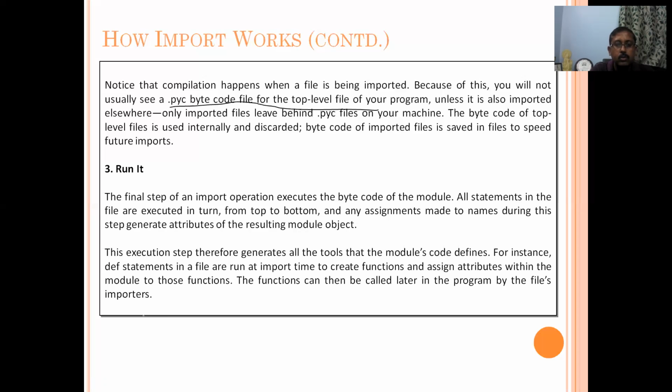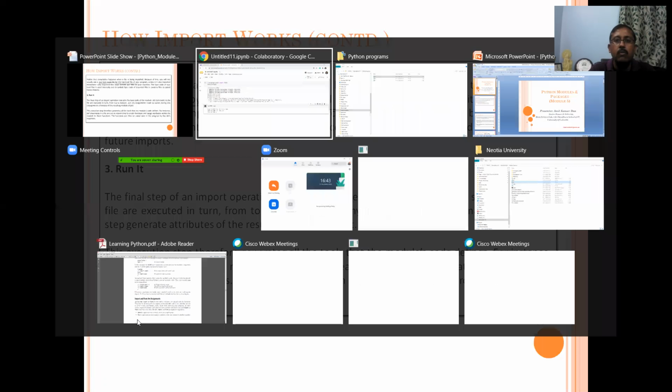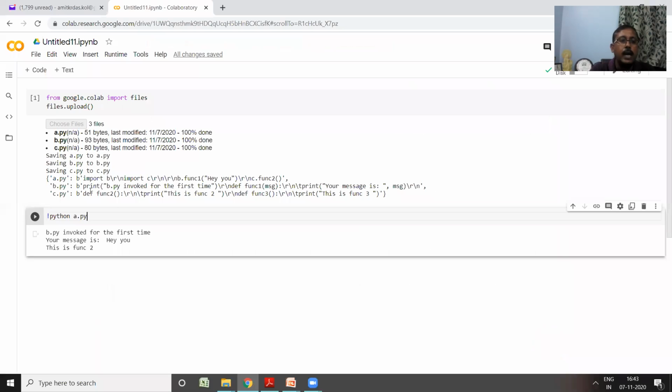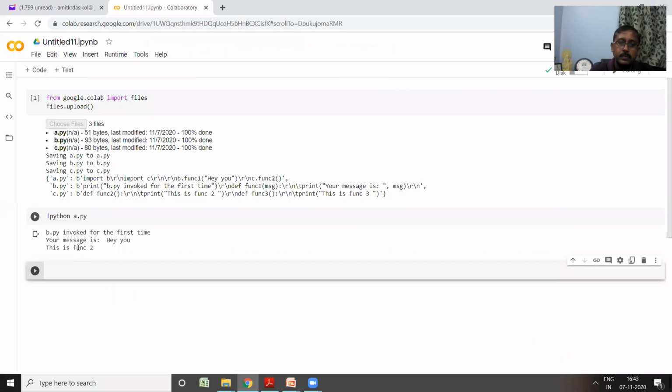Now I will do a small demo. We have just talked about how, if the Python module import has already happened, it's not going to do that again. So let's check it out. What we will do is try to import this